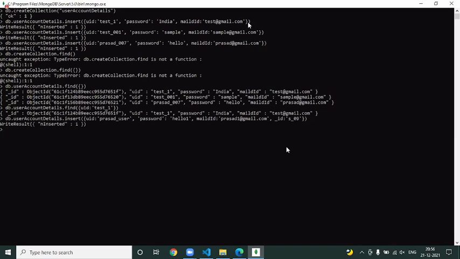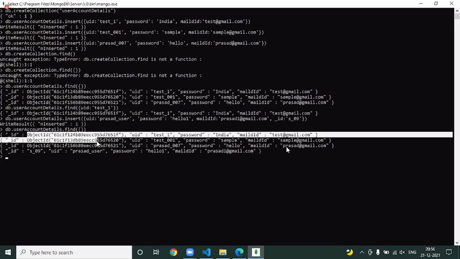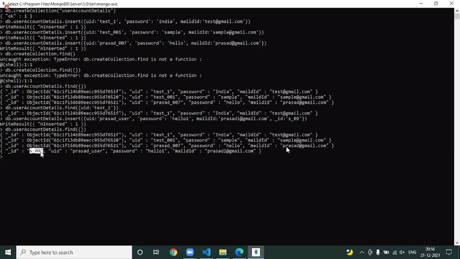Now if you click on enter, it got inserted. Now when I say find method, do you see for every other document there is some alphabet and number combination, but for this one you have s underscore 09 as an ID. So what MongoDB does is, when you are inserting a document to a collection, if you insert the underscore ID, it is fine. But if you don't insert the underscore ID, by default, it will be inserted.